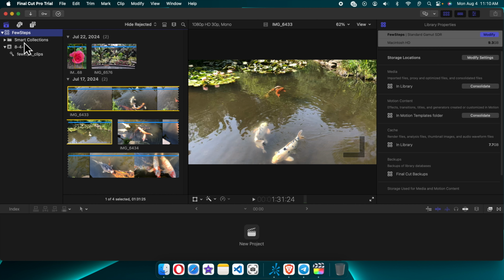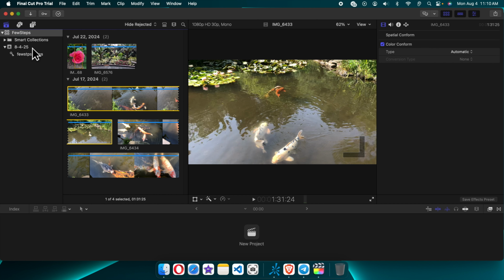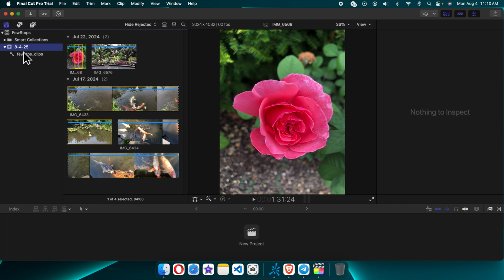And this whole project is organized with events. So this is one event, and each event has multiple clips. This is like, you can say, a folder within the library. Okay, and each event is marked with a small Easter egg, and there are some other keyword collections like smart